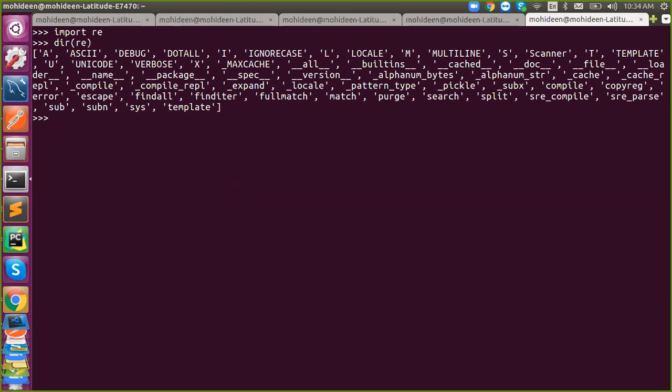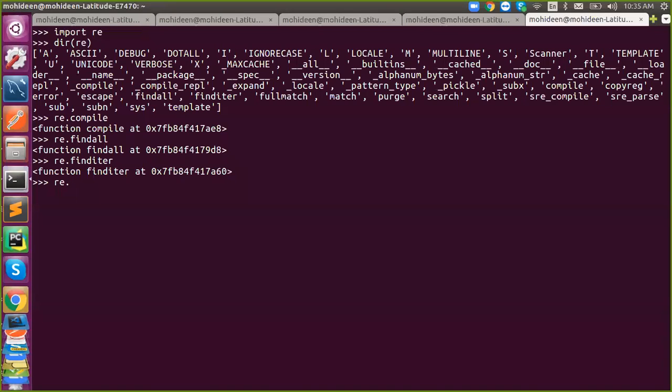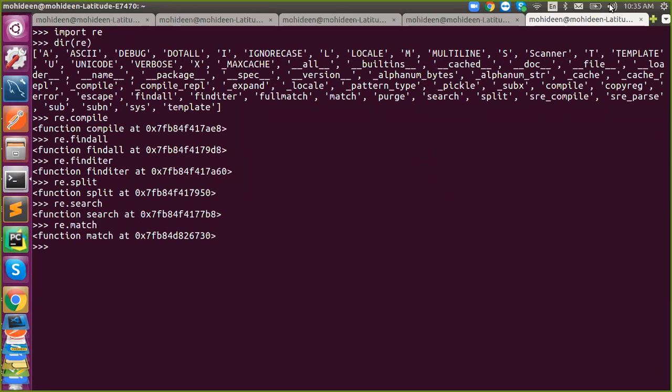In this session, we are going to talk about re.compile, re.findall, re.finditer, re.split, re.search, re.match. Okay, so any idea about regular expression? I'll show you some demo.